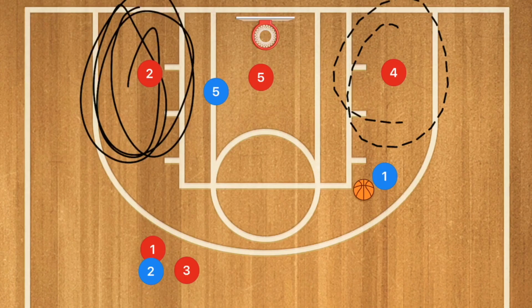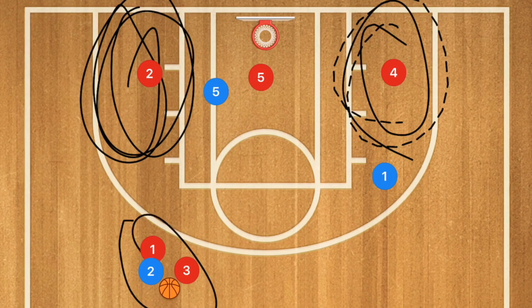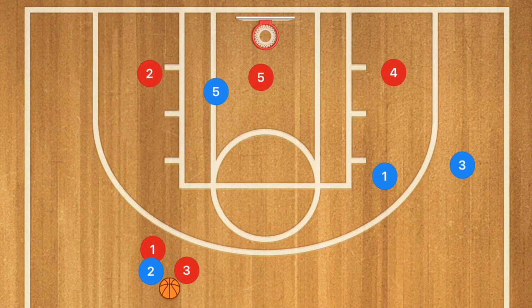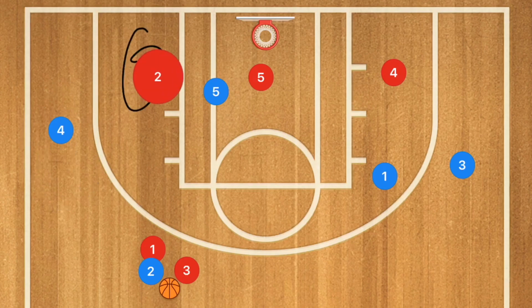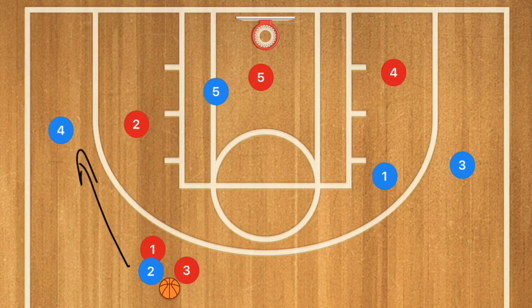But this is when your wing players, that 3 and 4 in the bottom corners, let me show you really quickly. These wing players here, this is their job now. So if player 2 was to get double teamed and we had a player out on this wing, now this is something that the Toronto defense did not do very well on, and that is seeing that there's a player on the 3-point line, and this player 2, instead of worrying about this man down low, we needed him to get a bit higher so that when player 2 made that pass, it would be a pick-off, or at least